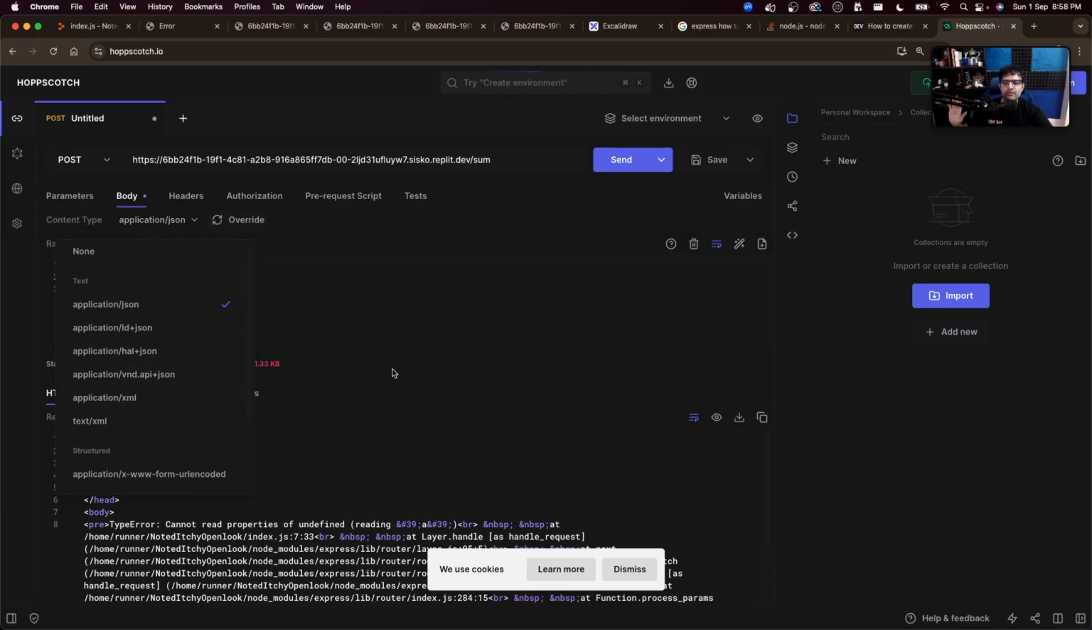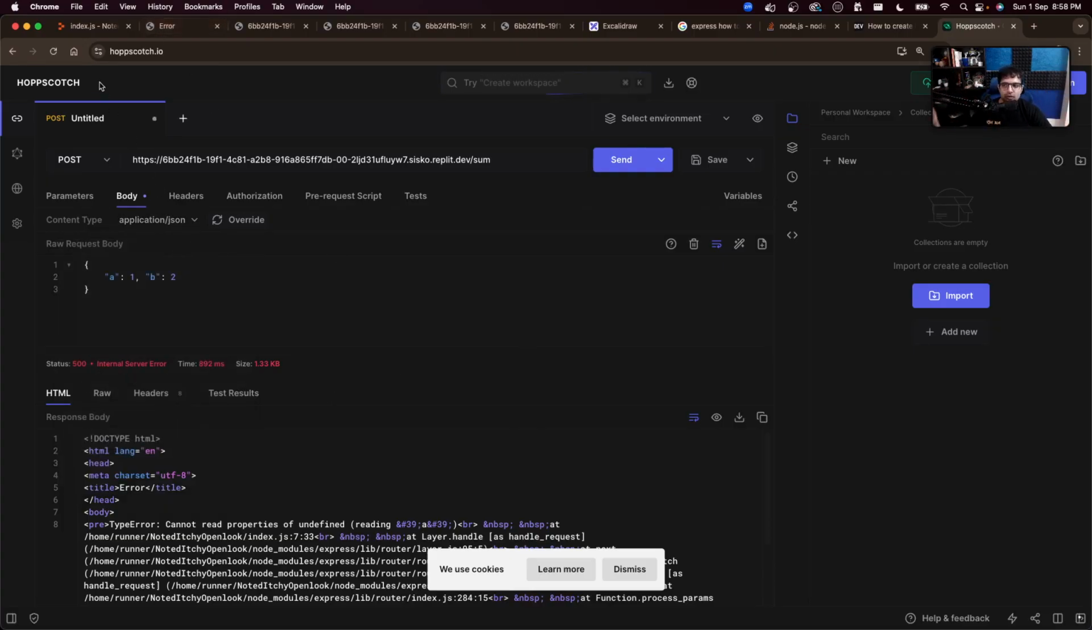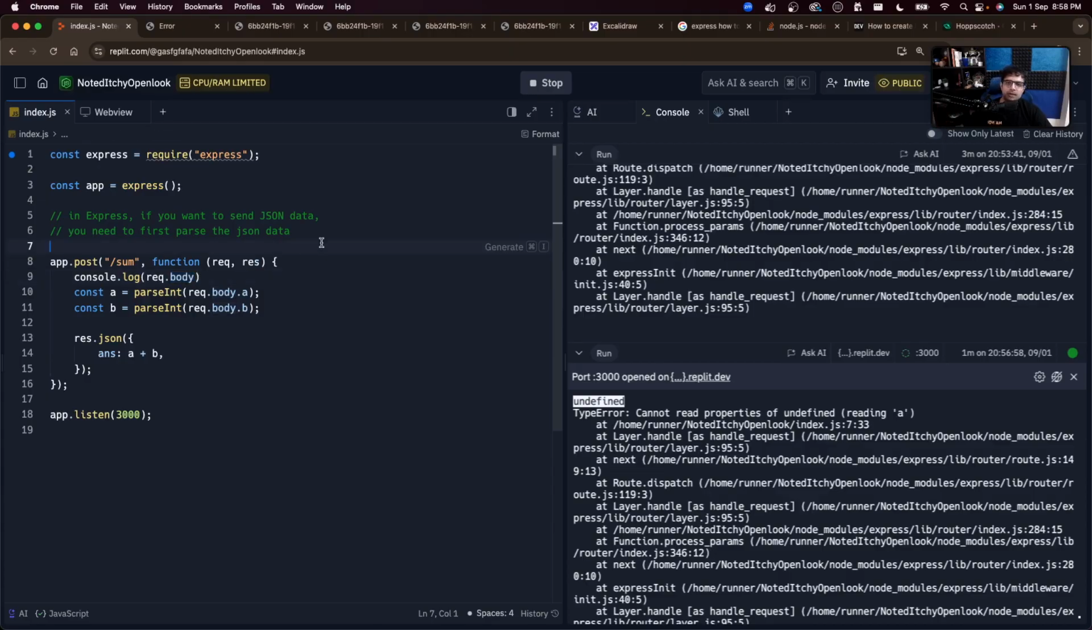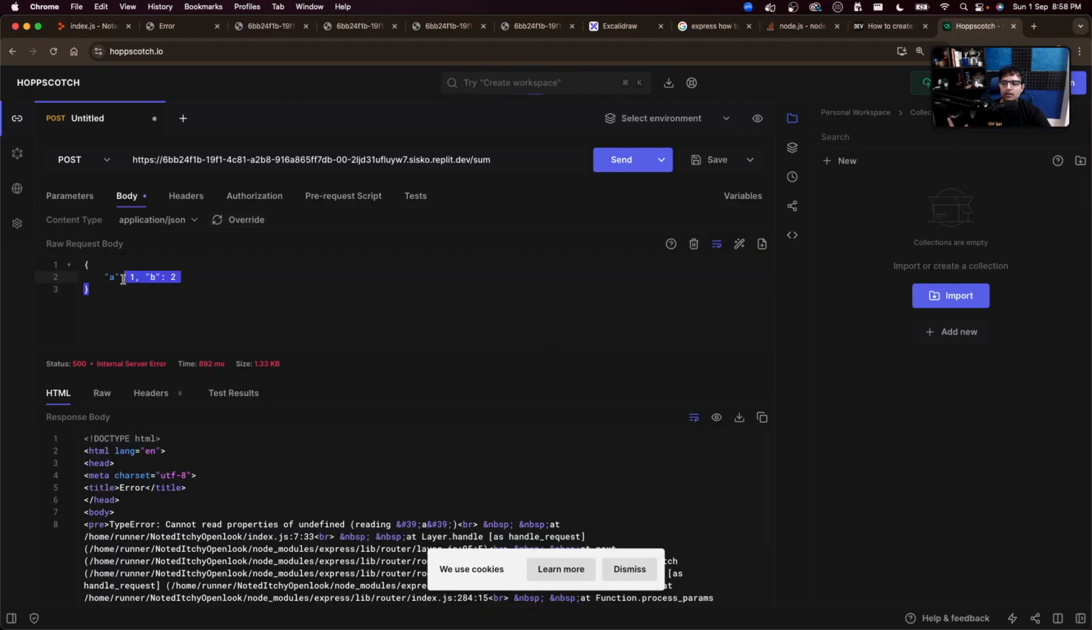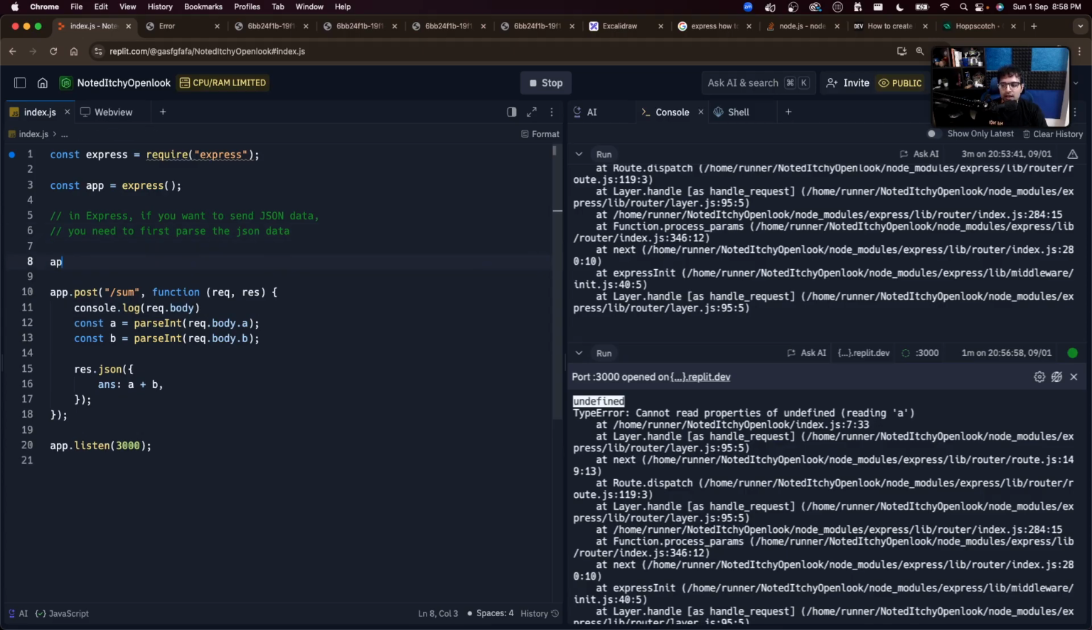There can be many types of data that come. Whatever data you expect, please use the respective middleware. I will not parse the body for you. If you want to parse JSON data, and you know that your users are going to send you JSON data, then please use the